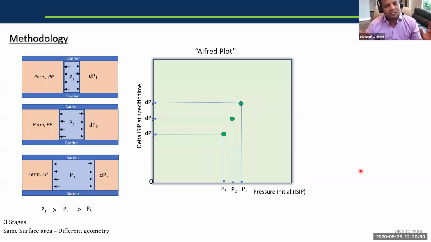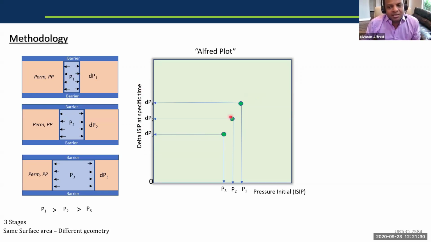So let's consider 3 stages: 1, 2, and 3. You have the same surface area created by your fracture, but your geometry is different. Maybe the width is smaller here, bigger here, larger here. Now, consider the permeability is the same and the pore pressure of all those 3 stages are the same. Once you stop pumping, P1 is sitting at a much higher pressure than P3, just because you have a smaller volume and I pump the same fluids into the smaller volume, so obviously I have the higher pressure. When you start leaking off, that is your delta ISIP at a specific time, let's say 5